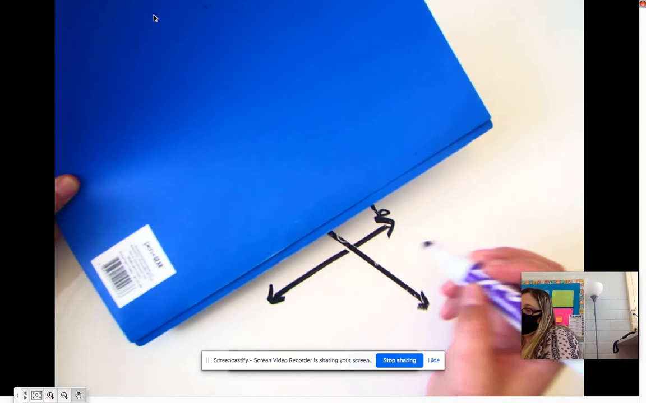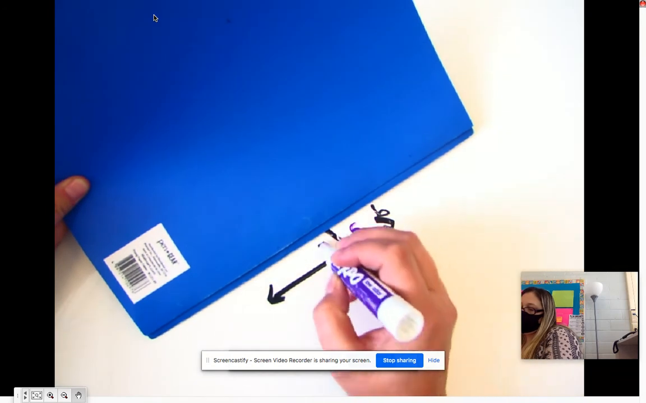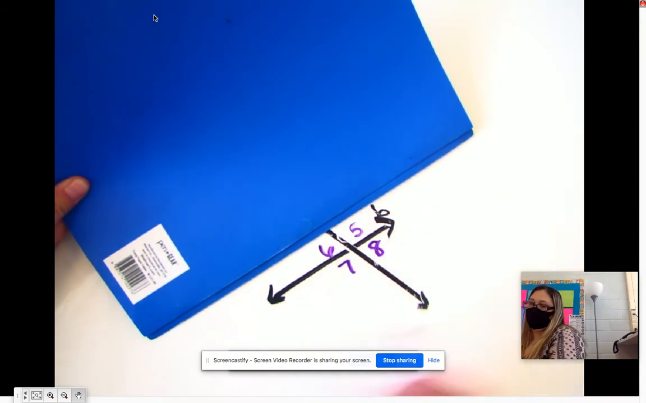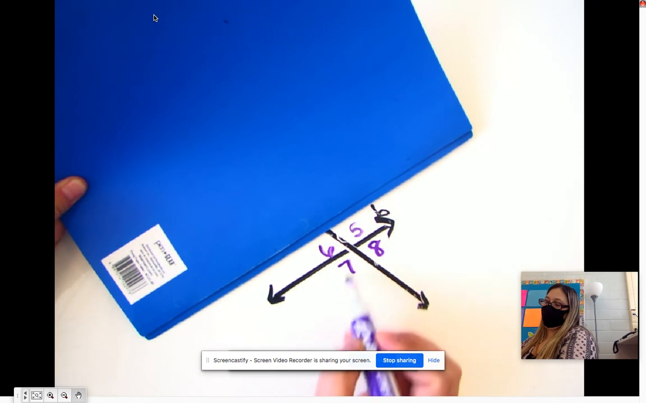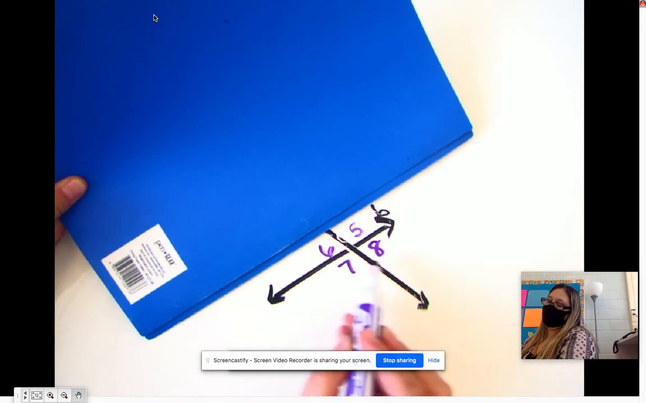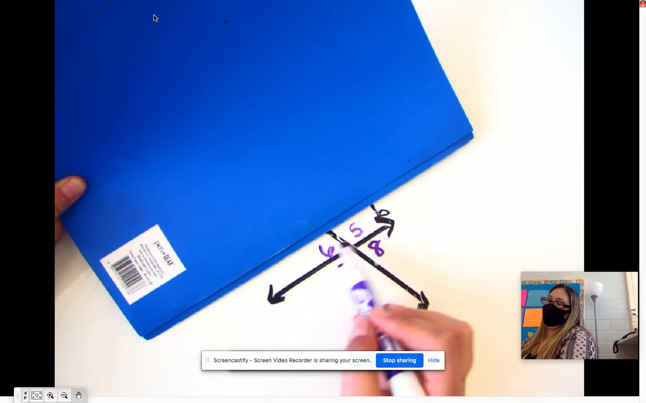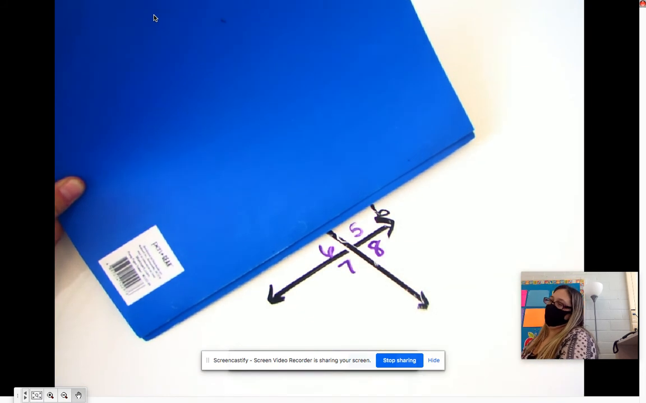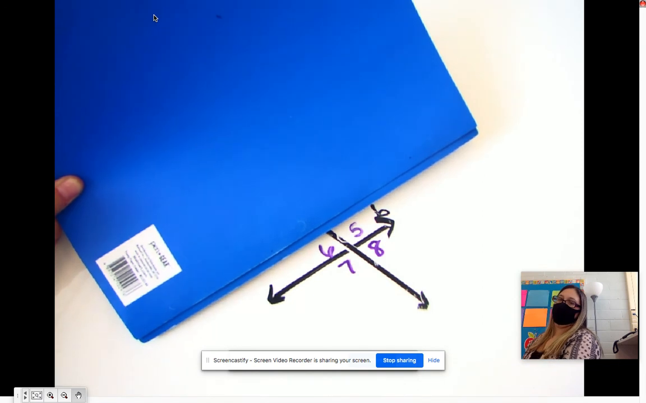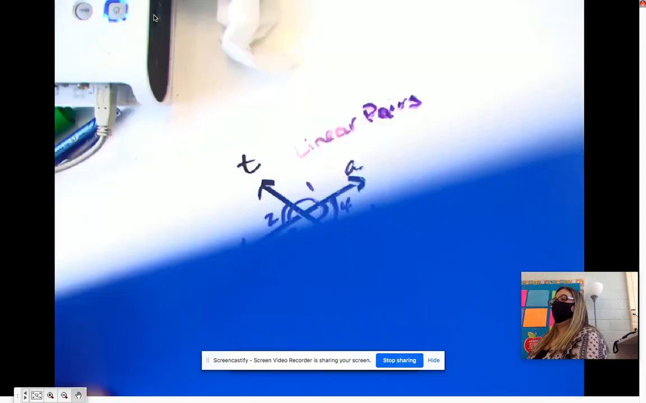Where did I end? 4, 5, 6, 7, 8. 5 and 7 would be vertical angles. 6 and 8 would be vertical angles. 5 and 6 would be linear. 7 and 8 would be linear pairs. Okay, these are ones we've already learned about. Now we're learning, though,